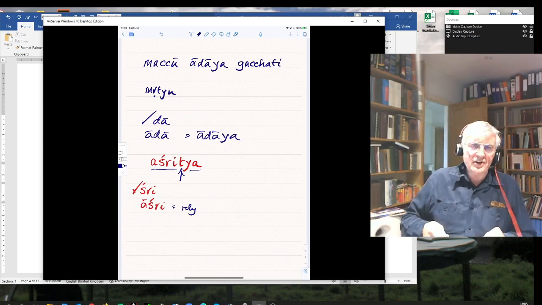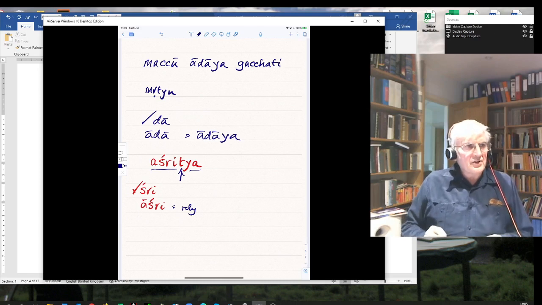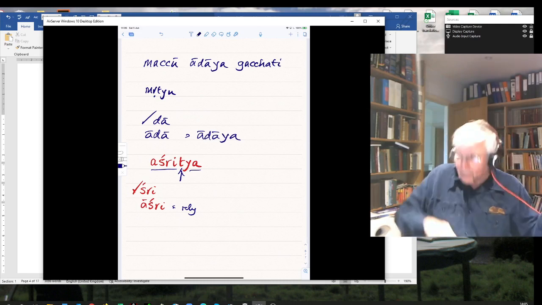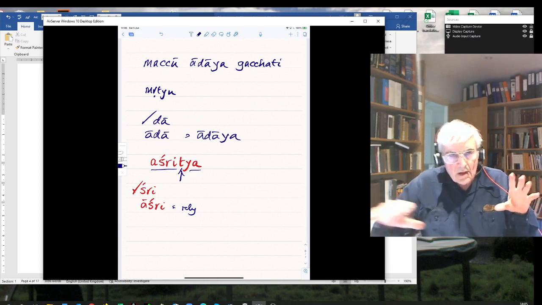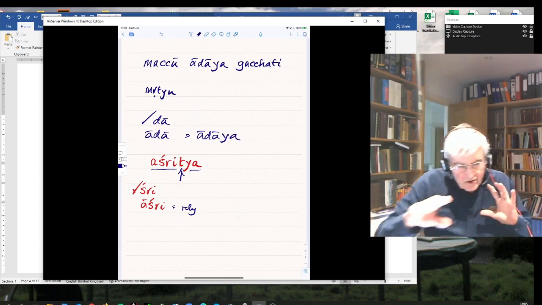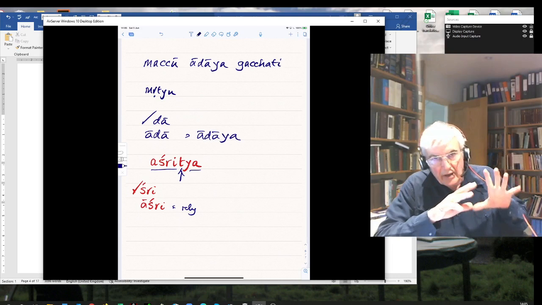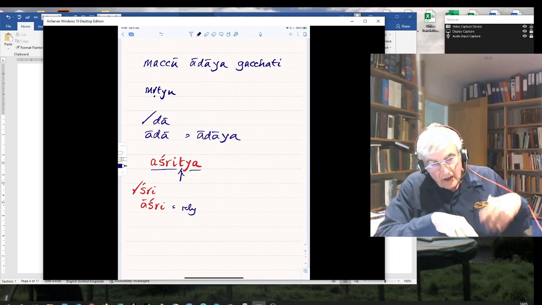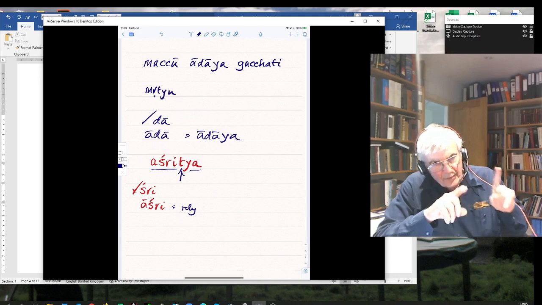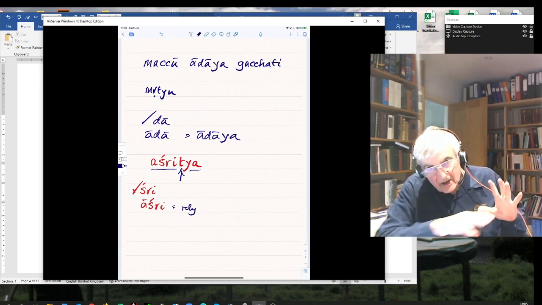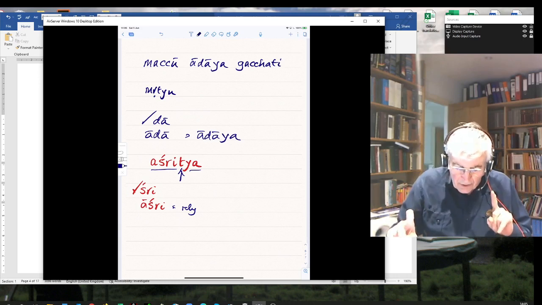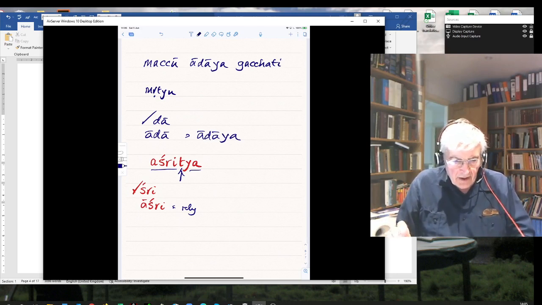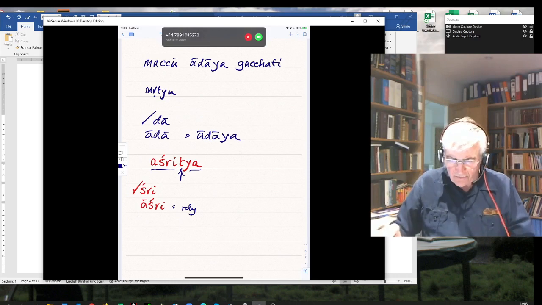So this ashritya, it doesn't mean that he placed reliance on them, event number 1, and having done that, proceeded to event number 2. It means over the entire process, that reliance continued. So having placed reliance on doesn't have a temporal force. It's a continuing thing. As I say, I will do this in greater detail as we go along, but just bear in mind that the absolutive is for,